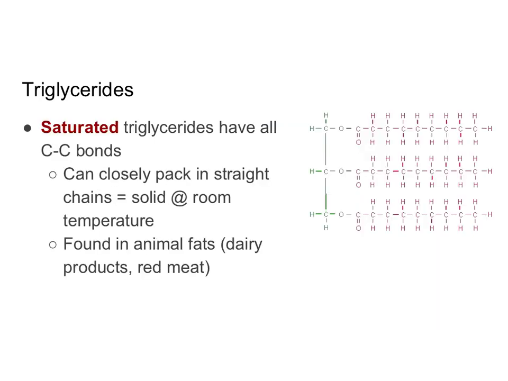So let's talk about the different types of triglycerides. The first type of triglyceride is called a saturated triglyceride. So this is what you see as saturated fat on a nutritional label. And then what makes something a saturated fat is that if you look in the fatty acid, so this portion